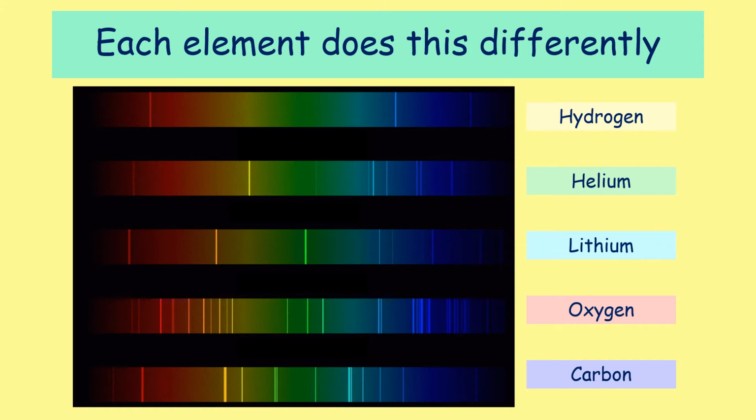So you can see that hydrogen has hardly any lines. Then next we have helium and lithium, and you can see that oxygen, which is the heaviest, the most electrons of all the elements on that page, has the most complicated set of lines,